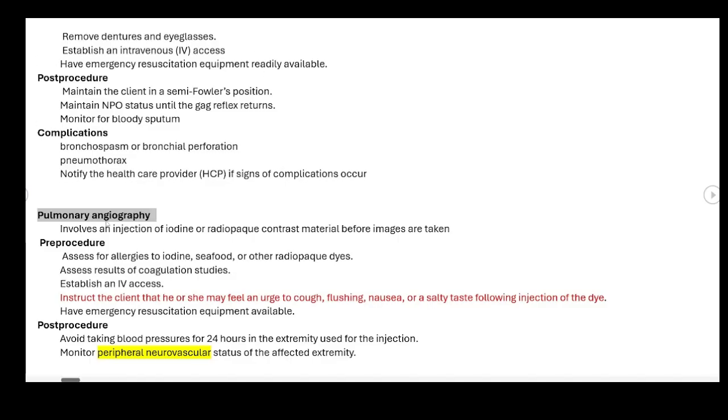All right. So this is pulmonary angiography. This involves an injection of iodine or an opaque radio contrast material before the images are taken. Now let's look at the pre-procedure. Assist the clients